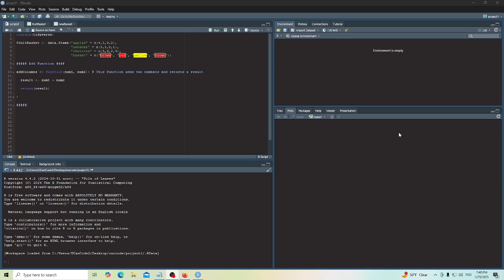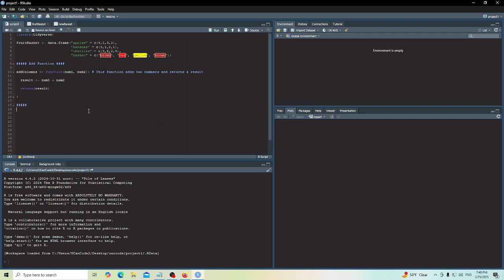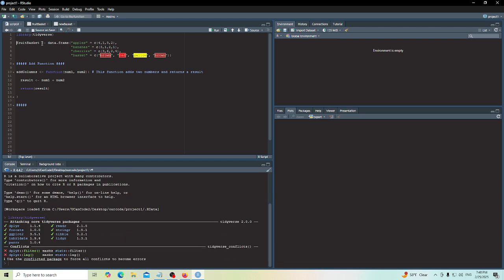Today I wanted to briefly touch on a couple of the functions that are included in the Tidyverse package that I think might be helpful for day-to-day work. So we're starting up a new workspace, so we're going to have to reread in the Tidyverse package first. So we're going to hit our Control and Enter hotkeys, and then we're going to read in this fruit basket